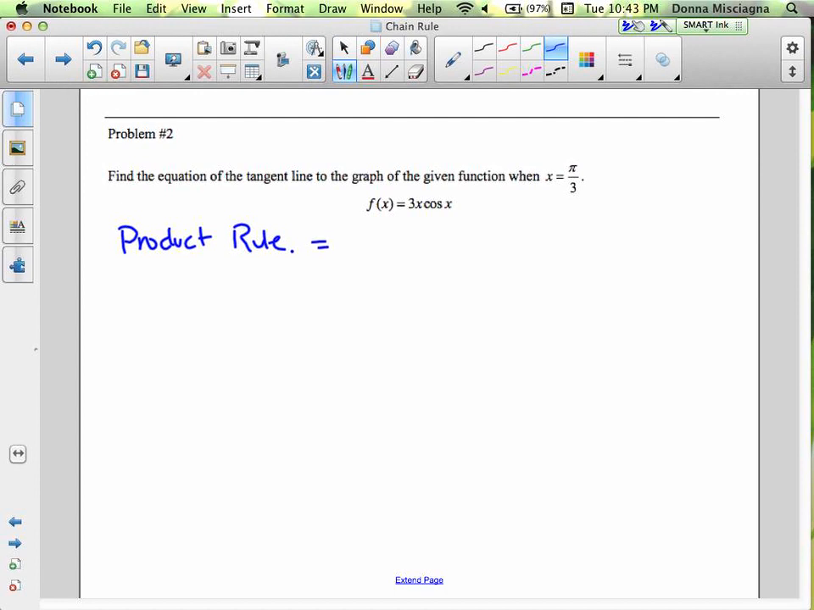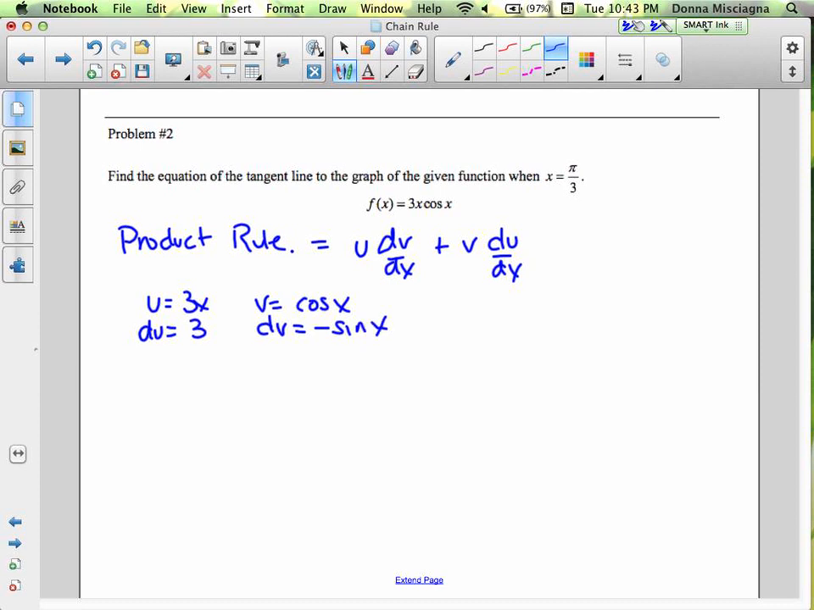It's going to be the first times the derivative of the second plus the second times the derivative of the first. All right, so u here is 3x, derivative is 3, and then v is cosine x, derivative of that is negative sine x. All right, so we have